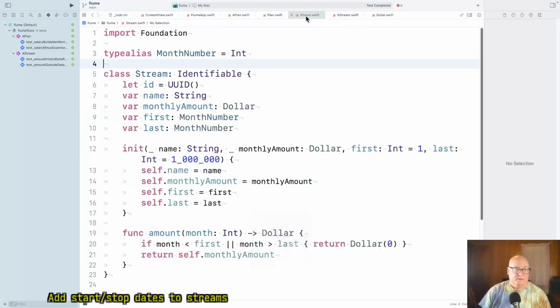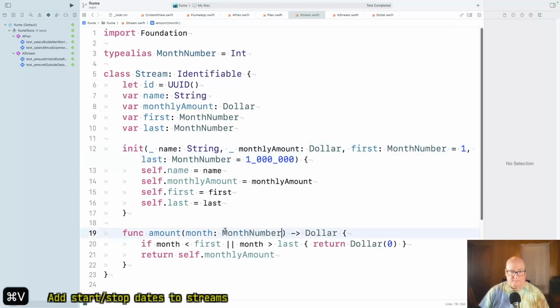Good. Okay, so let's use that here. Now I don't know where this should really live. It's only used here for now. But, oh, okay. I want these to be optional, not defaulted.